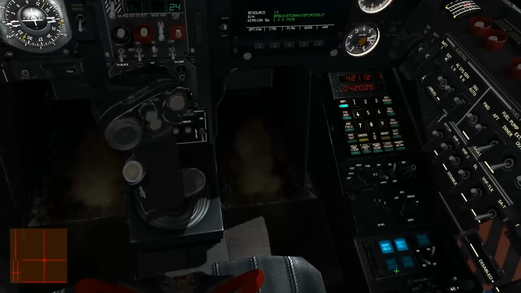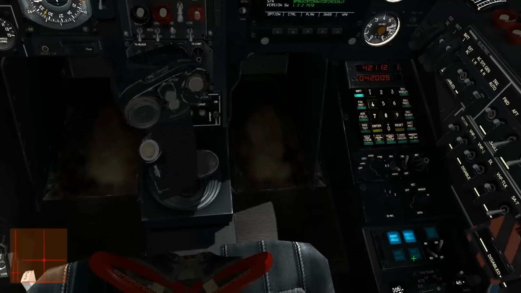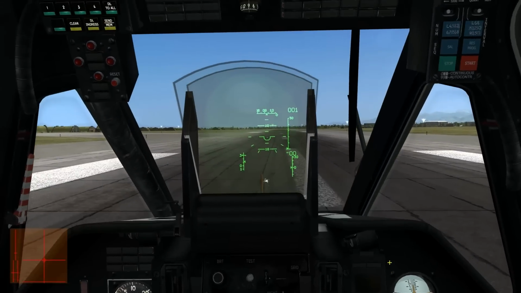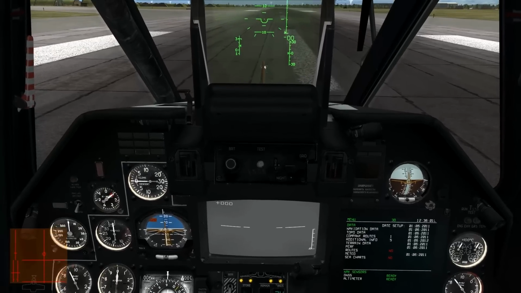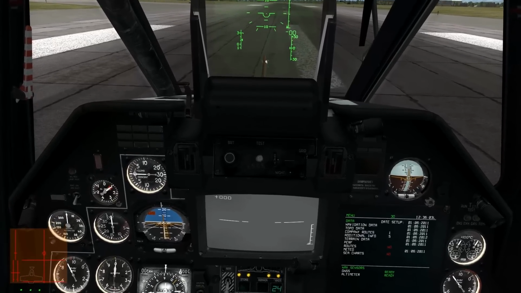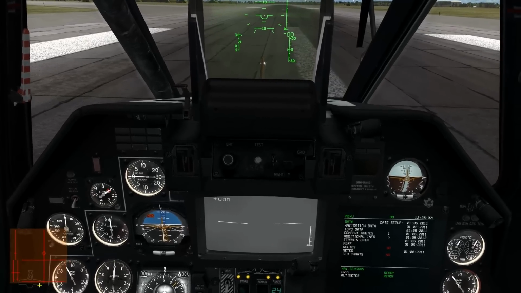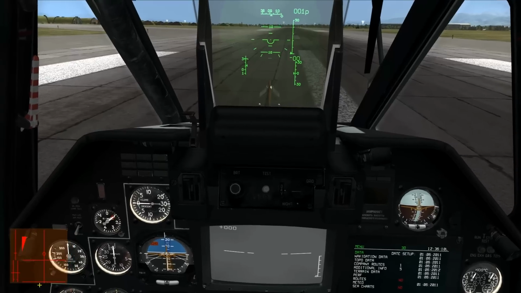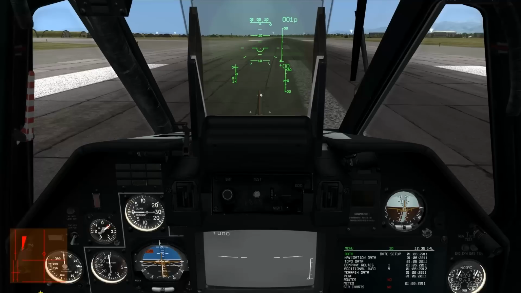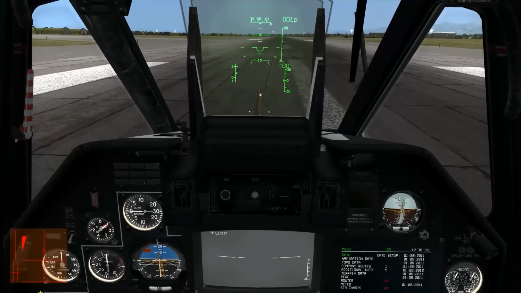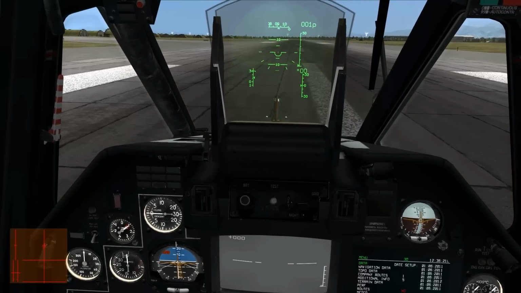The others you can either use manually or they're used in hover mode, which we're not covering in this. So we're ready to take off now, and what I'm going to do is pitch the aircraft about 20% forward, we can see on our left here, and I'm going to trim it. So now I've released my stick into neutral position, and I'm going to bring my collective up to 50%